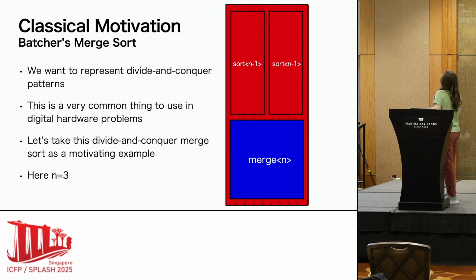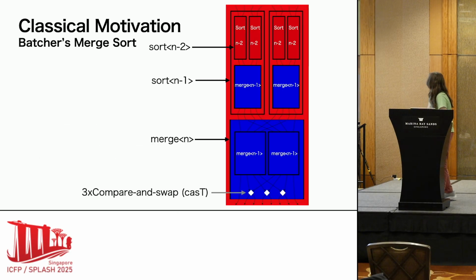This is n equals 3, and you can see we have 2 to the 3 inputs and 2 to the 3 outputs. And we can go one level deeper for illustration. Each sort n minus 1 contains 2 sort n minus 2s. And then at the bottom, we have a bunch of these compare and swap elements, which is just something that's passed into the function for whatever type that you're calling it on. Compare and swap takes 2 arguments, compares them, and swaps them so that they come out in a sorted order, but it's always for 2 elements.